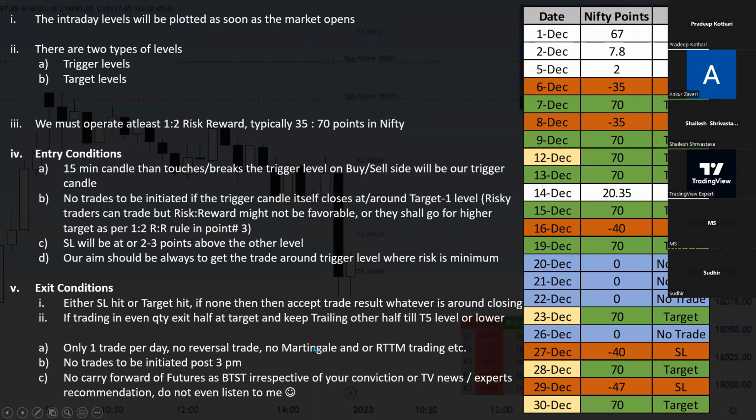नो ट्रेड्स टू बी इनिशिएटेड पोस्ट 3 PM, दिन में कोई ट्रेड नहीं आया पर 3 बजे एंट्री आ रही है तो कोई ट्रेड नहीं लेना है 3 बजे के बाद, क्योंकि कोई टाइम ही नहीं बचा है। नो कैरी फॉरवर्ड, आपका पोजीशन फॉरवर्ड में प्रॉफिट में था, फिर भी आपको लग रहा है कल फिर और गिरेगा यहाँ से, आप चाहो तो ऑप्शंस के साथ सब कुछ हेज करके जा सकते हो, बट वी विल नॉट डू एनी BTST ट्रेड, इट इज इंट्राडे ट्रेडिंग सिस्टम